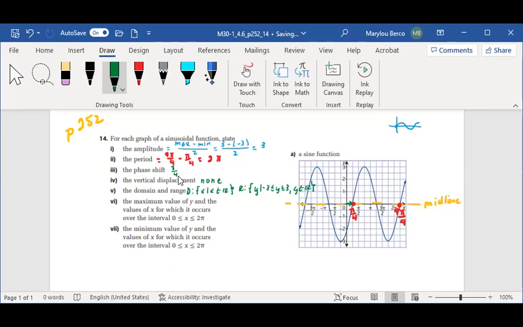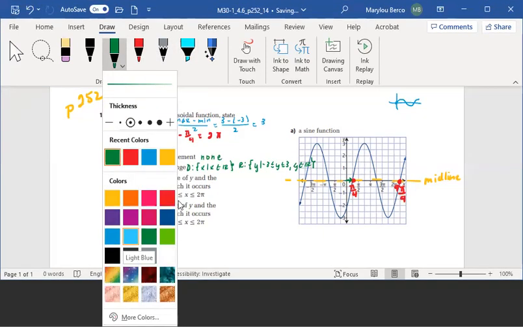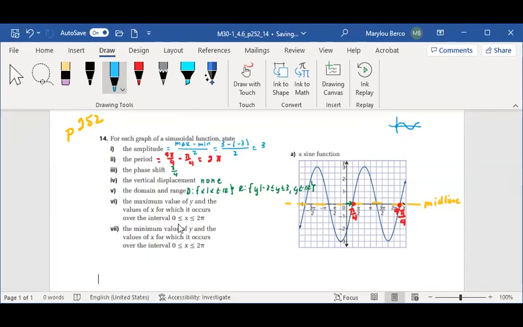Okay. The maximum value of y and the value of x for which it occurs. Okay, so if we take a look, here is our maximum between 0 and 2 pi. So we're looking between 0 and 2 pi. So our max occurs right here,